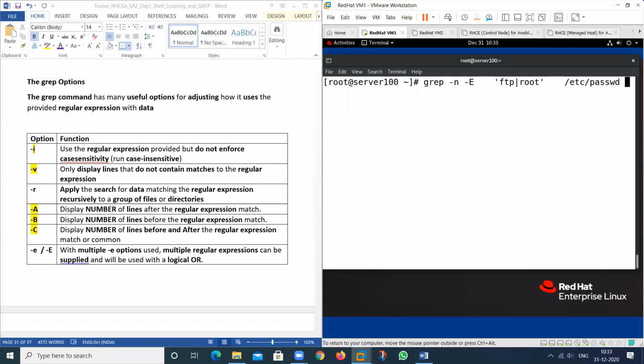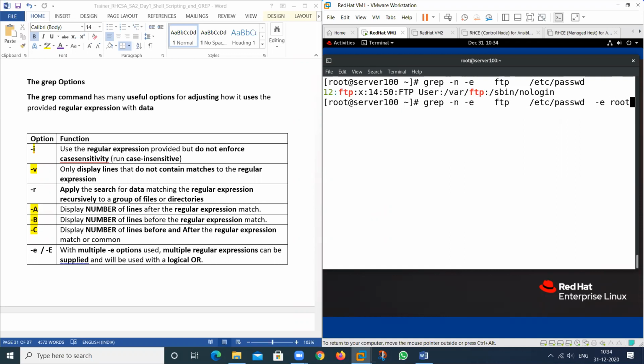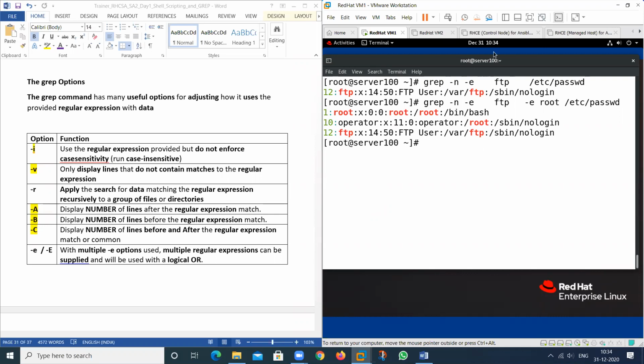We can also use it in this particular manner, -e, then this will print, then again -e, then give the name root, again -e, root also, from this particular file. So this will print. So here type this particular value multiple times.